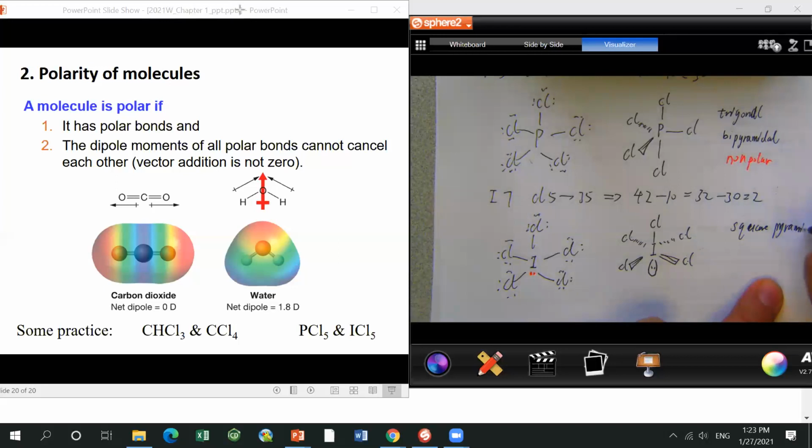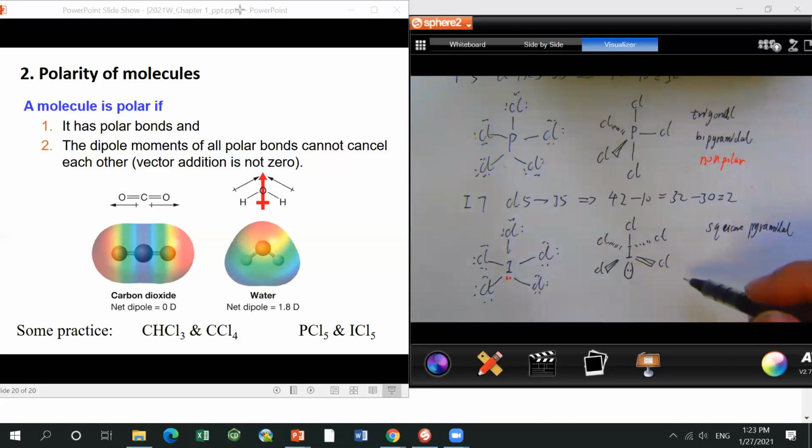Okay, a little bit of a shift here. If I ask you what the electron density region shape is, that should be octahedral. Now other people also ask about phosphorus and